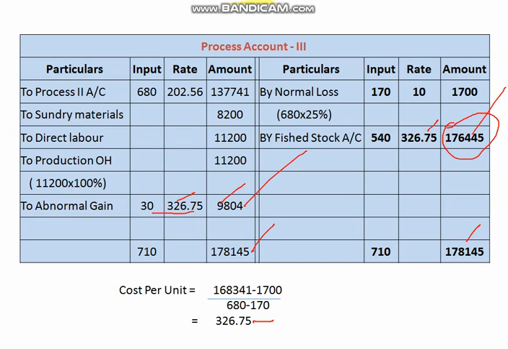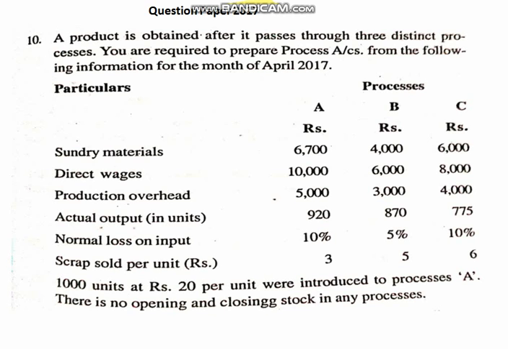So this was the solution of question paper 2018. I hope that it was clear to each one of you. Now move to page 1, question number 217. Again the same, 217. So they have given A, B, C, the 3 processes. That was A process, B process, and C process, right? A process, B process, C process.